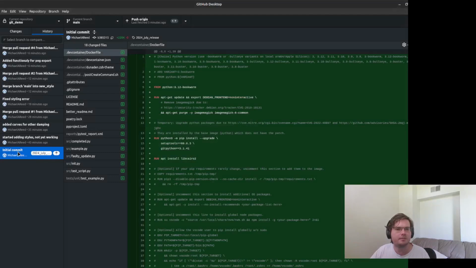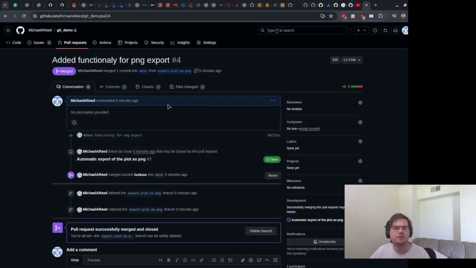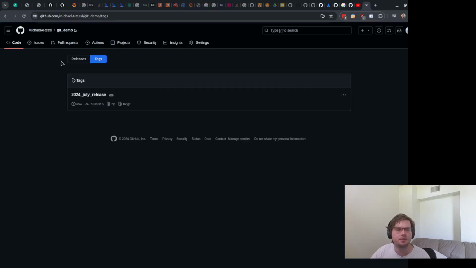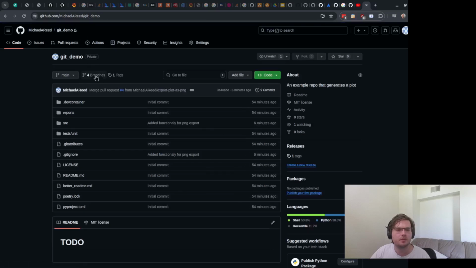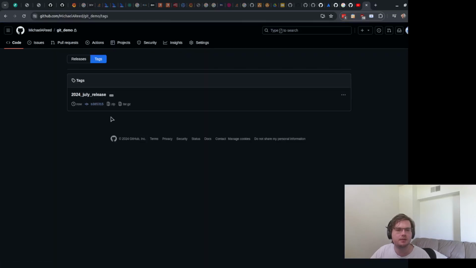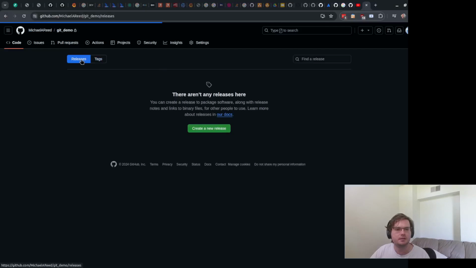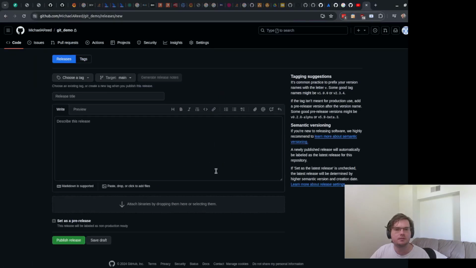So now that I have that tag made, and I push it to origin, I'll be able to go and see that in github.com. Similar to issues, releases are something that only exist in the context of GitHub. It's not something that gets saved inside your local Git repository. We're going to go to tags, from that main section of the repo, next to branches. You can see that our 2024 July release is there, and that's because we pushed after we made it there. So if we go to releases, I can create a new release.